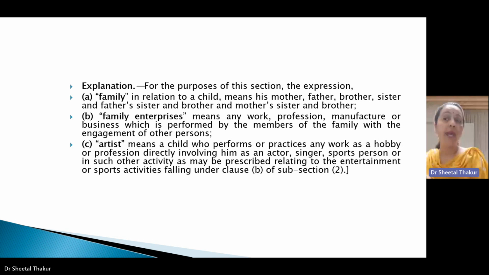And apart from this, section 9 talks about the notice to the inspector that has to be given whenever any employer is employing an adolescent. Then he has to specify to the inspector through notice the name and situation of the establishment, name of the person, and nature of work which is being done or carried on by the adolescent. So all those facts have to be specified by the employer in the form of notice, and this information has to be given to the